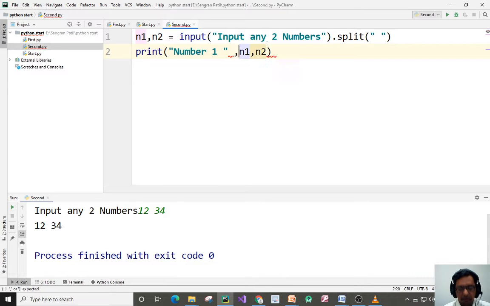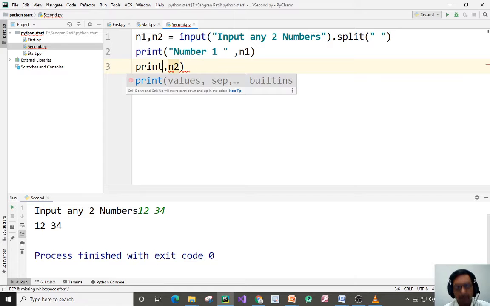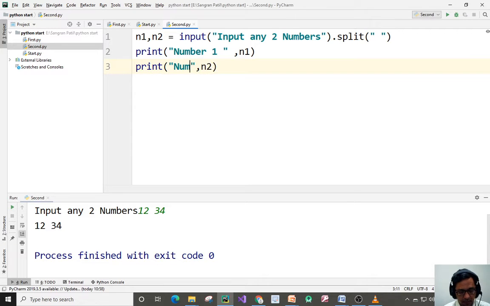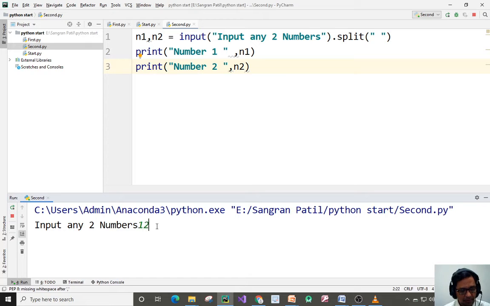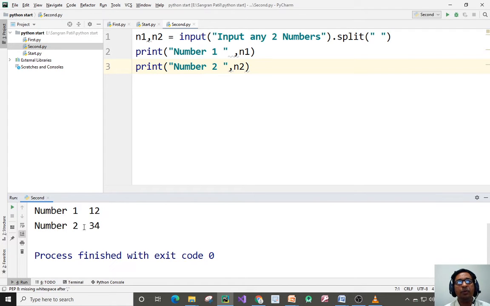For better understanding, I print number 1 on one line and number 2 on the next line. If I run this and give 12 34, it gives number 1 as 12 and number 2 as 34.